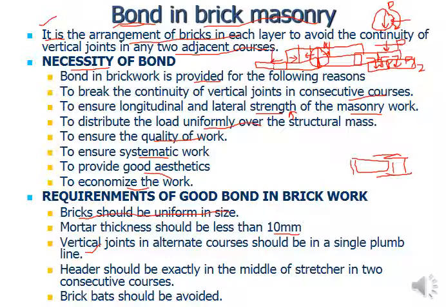Okay, so whatever the pattern you have done in the first course, in the third course it should be repetitive. The vertical joint should be above the vertical joint in an alternate course, not in a consecutive course. In the alternate course, this vertical joint should follow the same pattern you are providing in the third course, and then the fifth one. All of the odd courses should have the same pattern, and all of the even courses should have the same pattern.